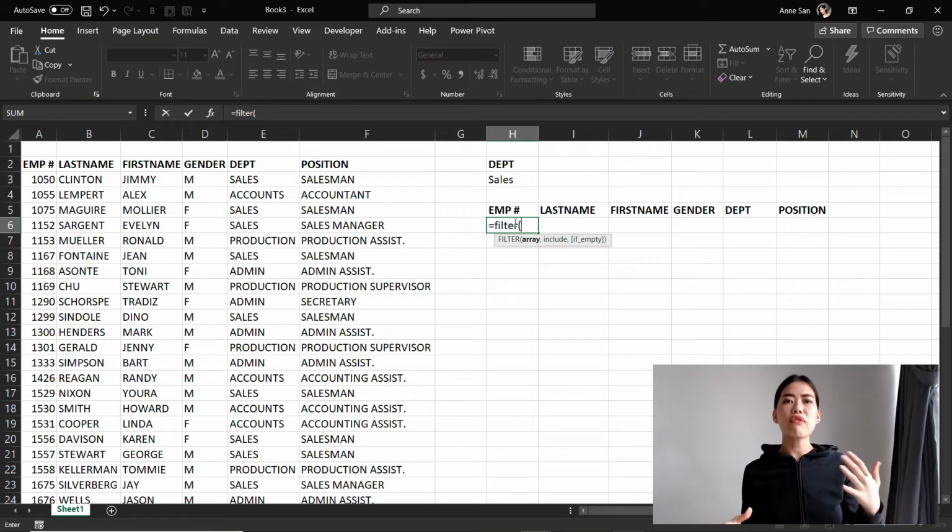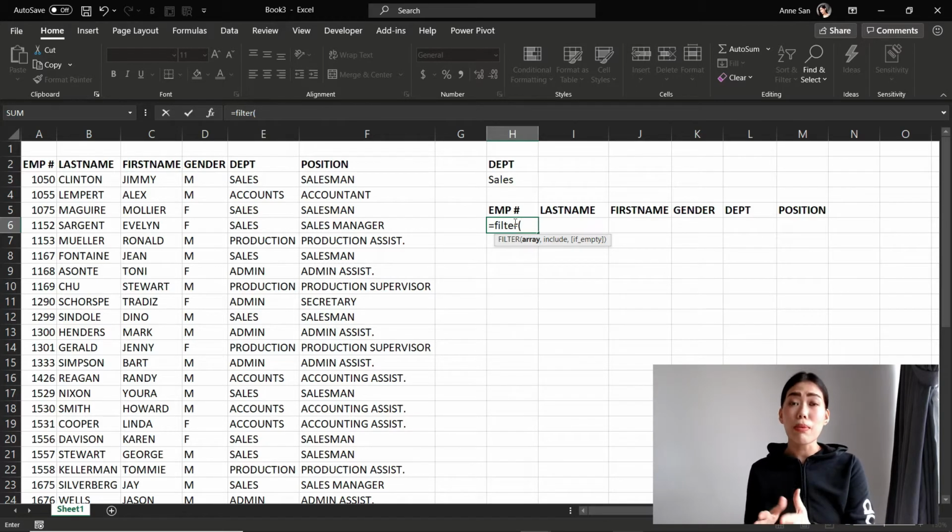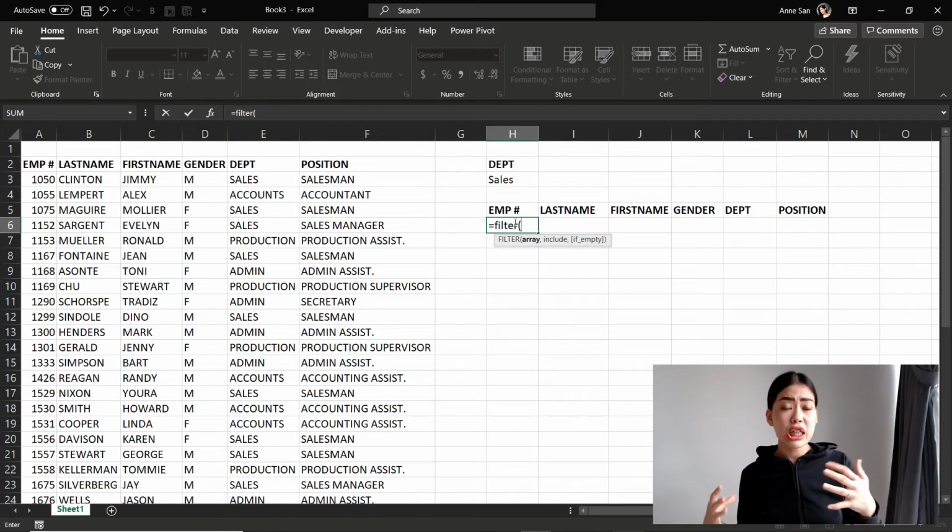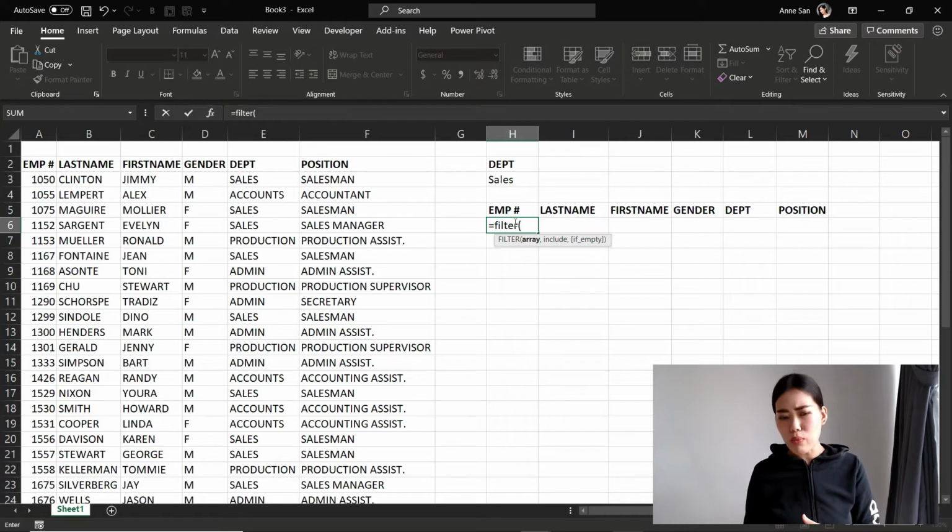We all know that filter is for you to extract more than one match result, and the match is going to be the department, the sales department. Array would be the answers that you'd like returned. I used to only return by column, but after a couple of rounds of experimenting, I realized that this filter function was so powerful that it was able to return more than one column at once.